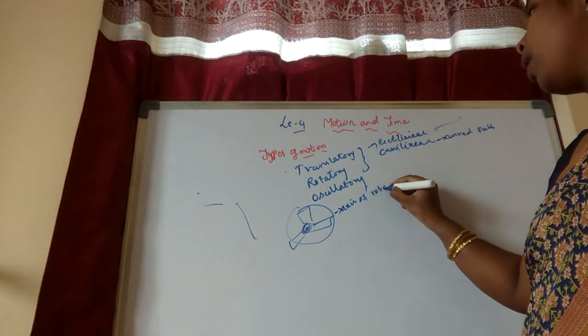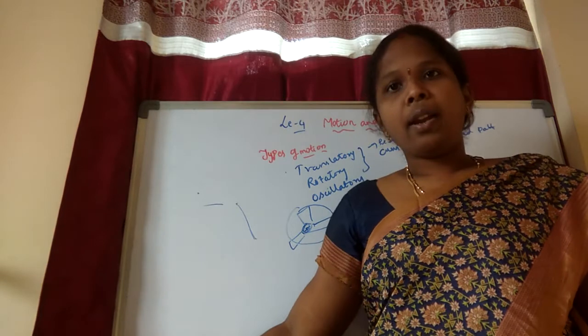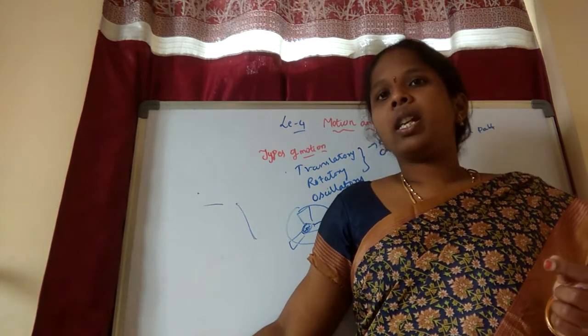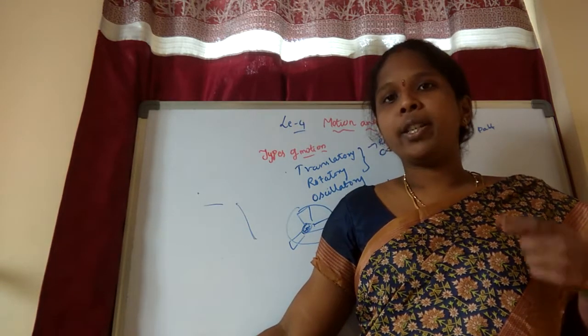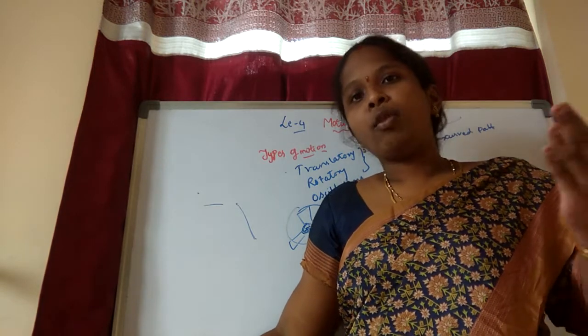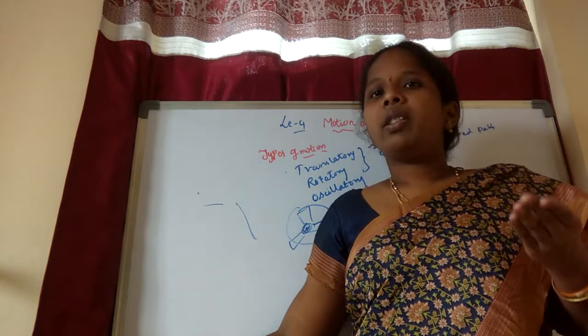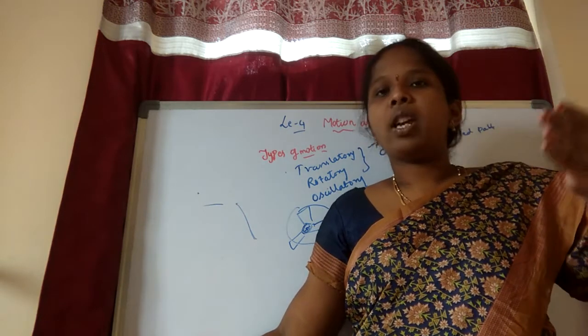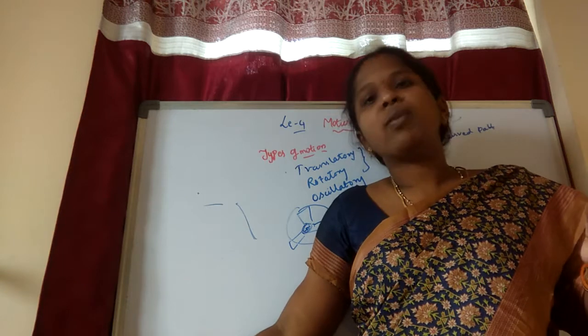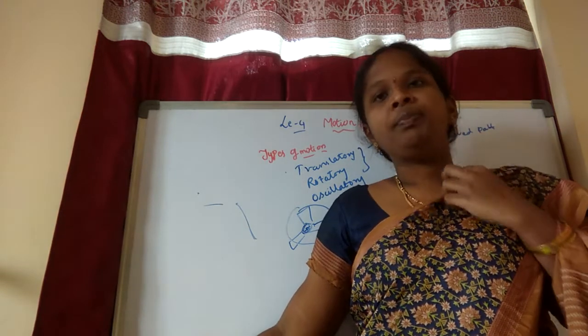I already showed how to draw this axis of rotation also. And after that, we took the tennis ball as an example. I said you can also try it in your house. This will have both translatory and rotatory motion. I also gave some tabular forms that you have to fill from the textbook. I said, no, that is last time's homework.